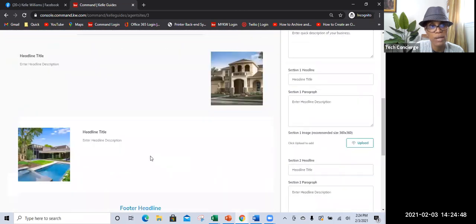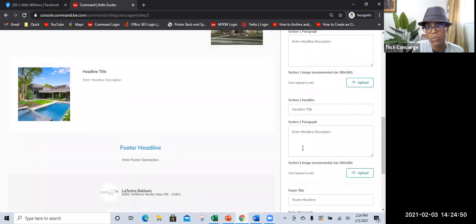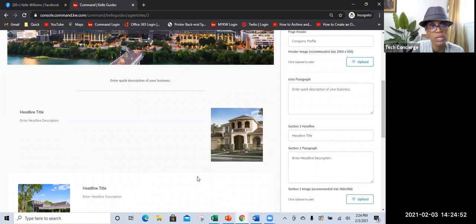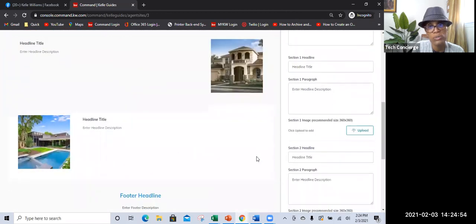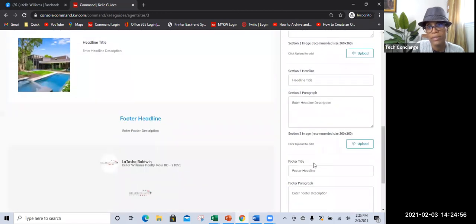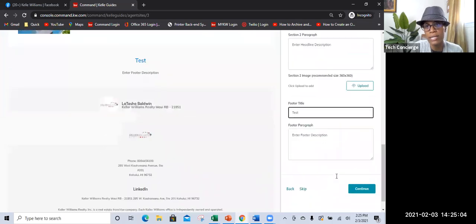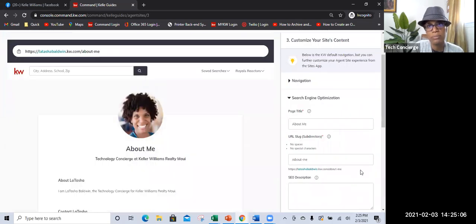So you would have these drop downs, section 1, section 2. So this would be section 1. The next one would be section 2, so forth and so on. So then the footer title, if you wanted to change the footer title, I'm just going to do it here and just say test. You see out on the left, it shows. So then you do test, continue,